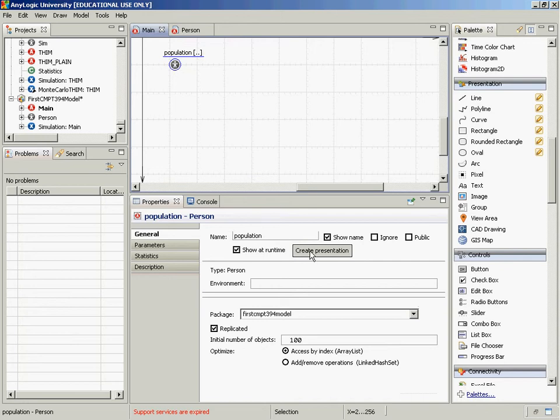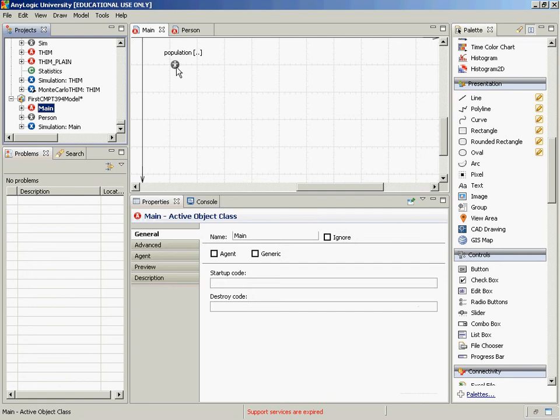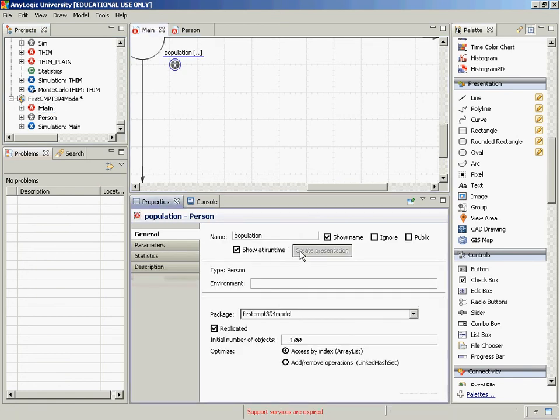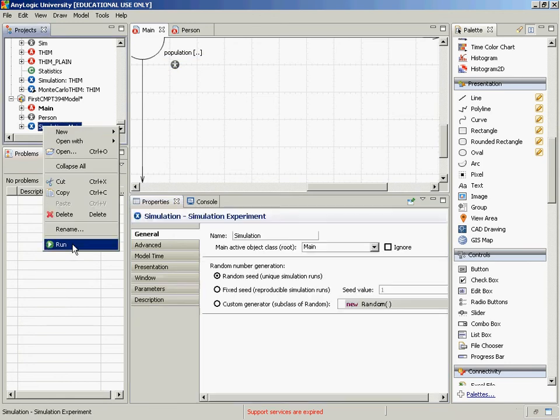Okay? So you have to go to main, go to the population here, and you can do create presentation. And that will actually create the presentation that you added after it was added in. So that's just to kind of resync it. Now, if we were to do that, and we were to run the model, what we would see is something